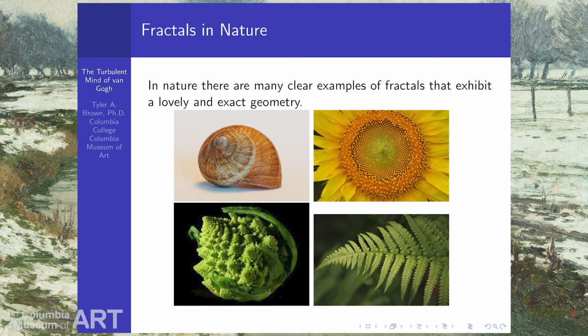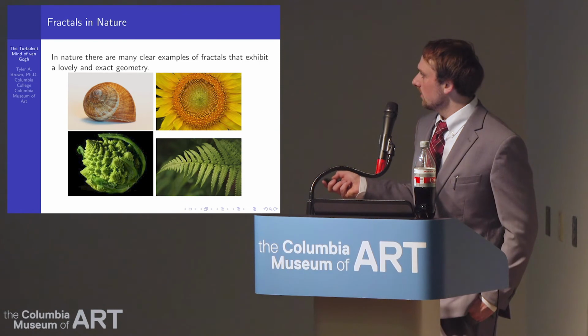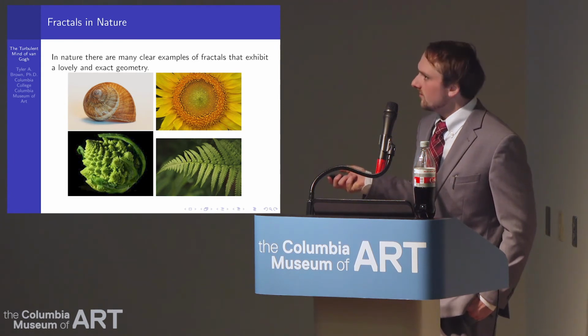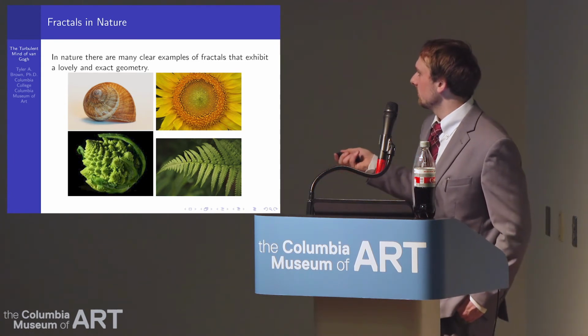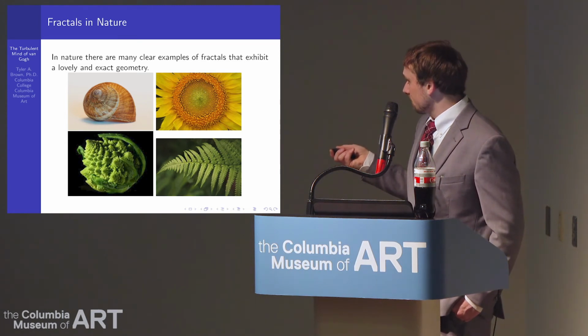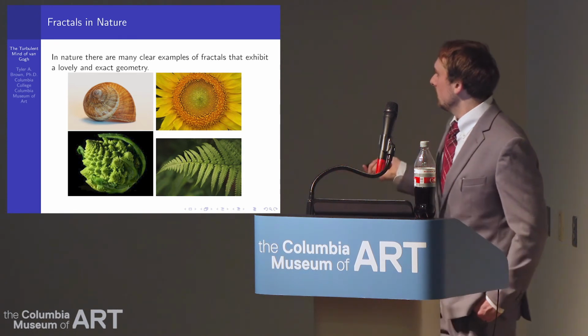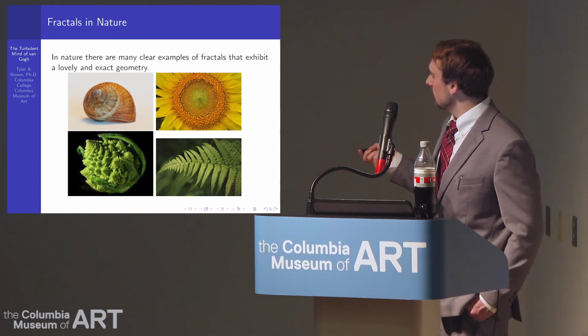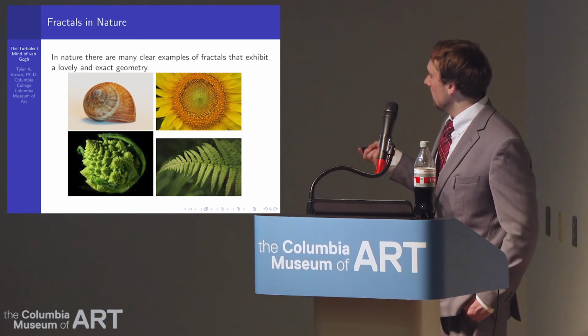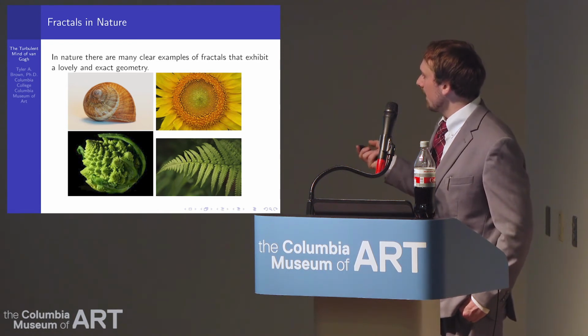For example, you have the snail shell here, definitely a fractal. If I zoom in on the center of the snail shell, just this part of the snail shell, it looks like most of the whole as well. So if I continue to zoom in, almost ad infinitum, and nothing in nature is really infinite, it'll look exactly like the whole. If the snail keeps growing, it'll continue to produce basically the same shape. Sunflower has kind of the same features here. You have the core of the sunflower, but you can see these spirals coming out in the distribution of the seeds. So these are also fractal in nature.